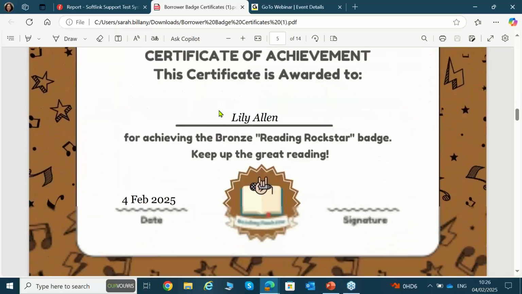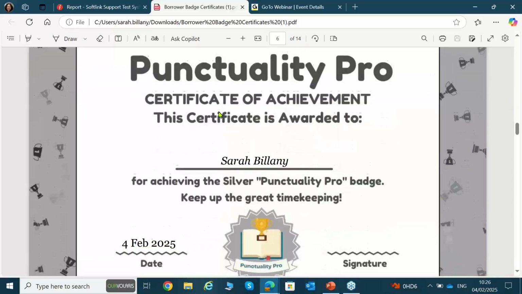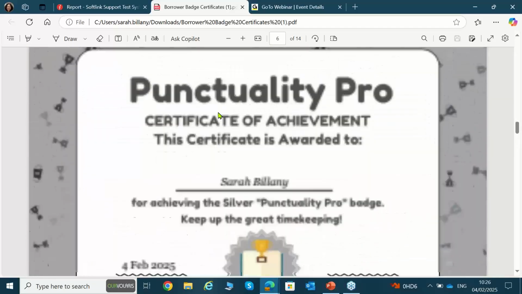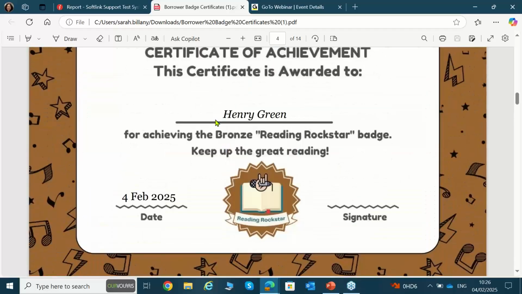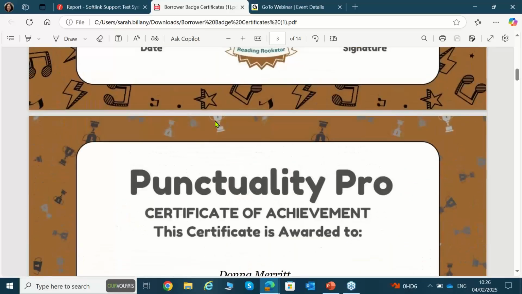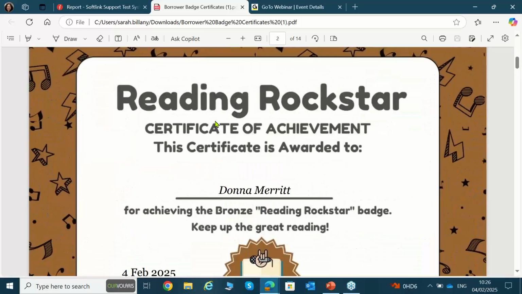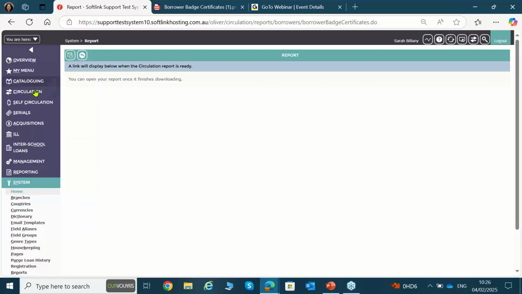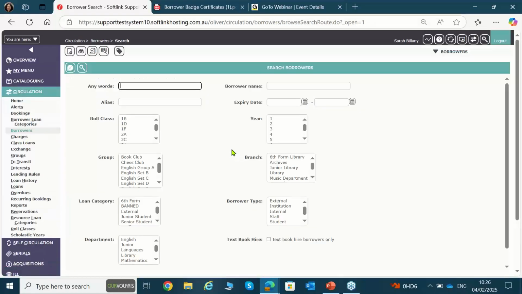The only downside to this at the moment is that it is printing them out. It's not grouping them into form class or anything like that. So if you're doing a lot of certificates in one go, it might take you a while to sort them out. So if it's your preference to use something like the borrower badge list, so perhaps you're working through it a class at a time or a year group at a time and printing that list off, you can access these certificates